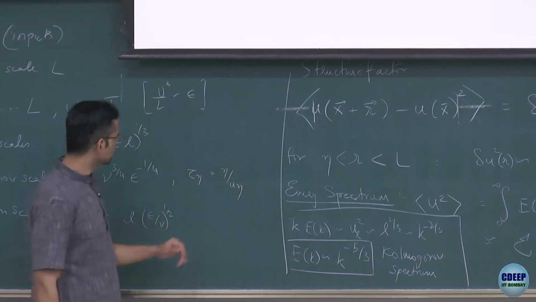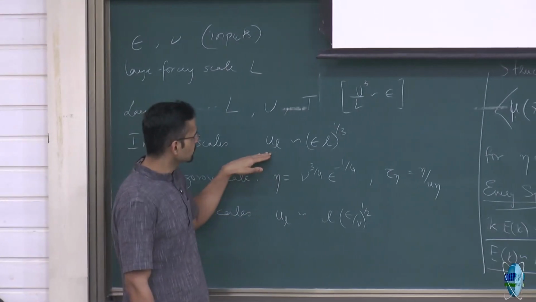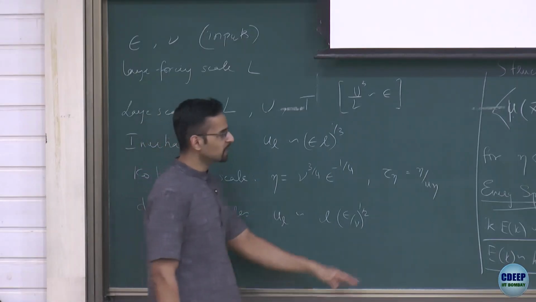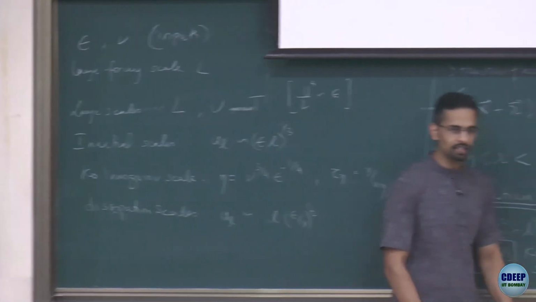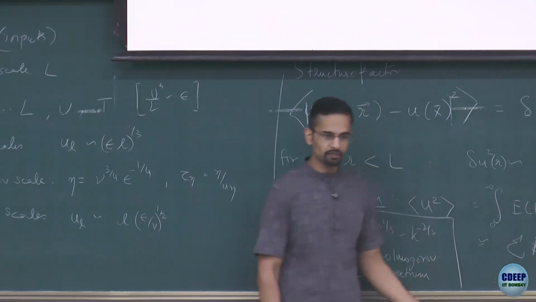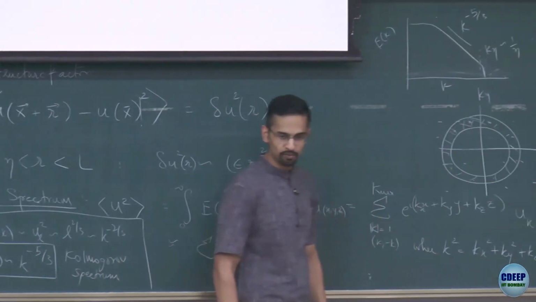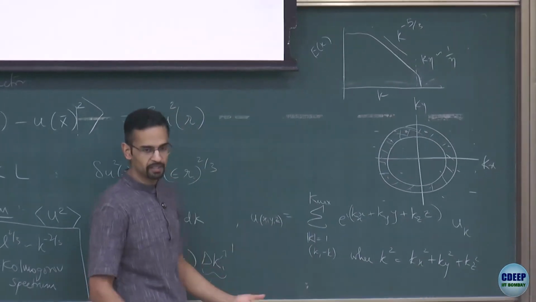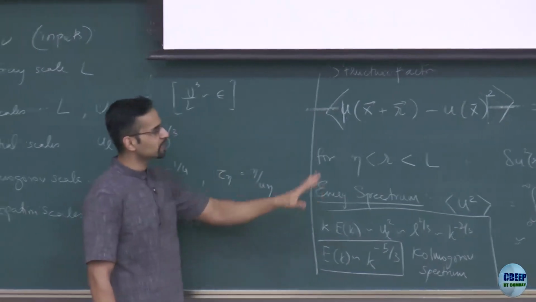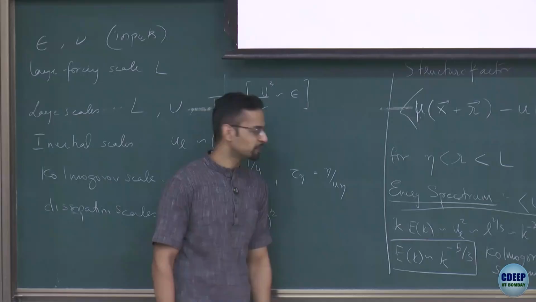Okay, so this idea was relatively simple. What I introduced in the last class is that in this inertial range, you have u at scale L behaving like L to the 1/3. What I've done now is show you implications of that in ways that can be verified. One is to calculate the structure function, the other is to do a Fourier transform and get the energy spectra. You have definite predictions for the qualitative variation of both these quantities, which can be verified, and these have been verified in many experiments, at least approximately. Fine, so that's just to say that this is how we know more or less that the Kolmogorov phenomenology works reasonably well.